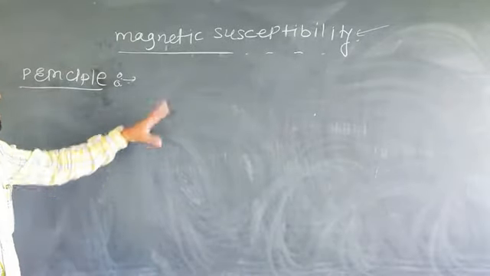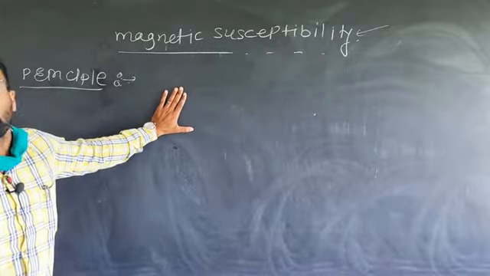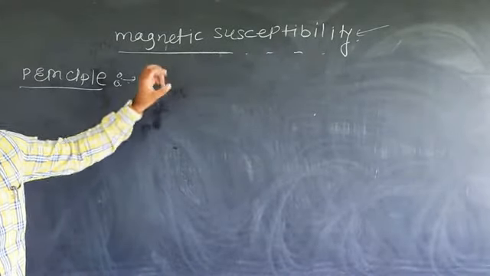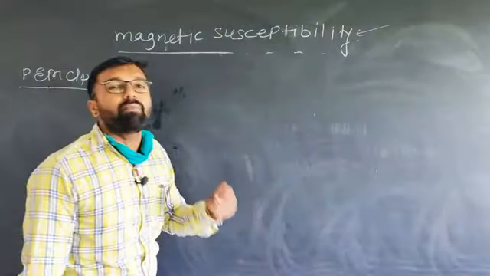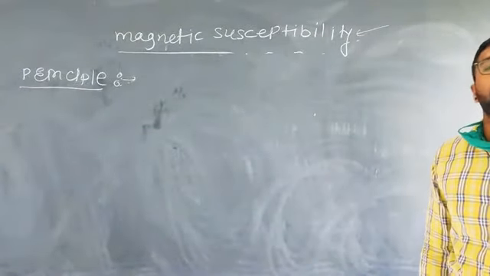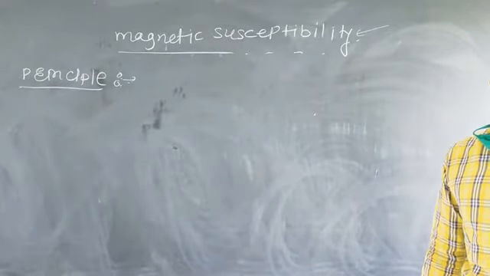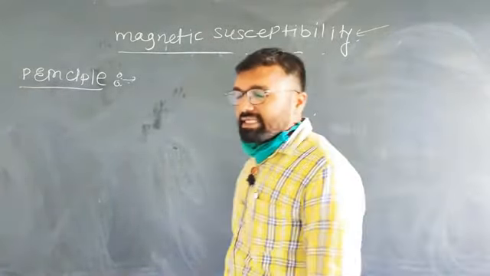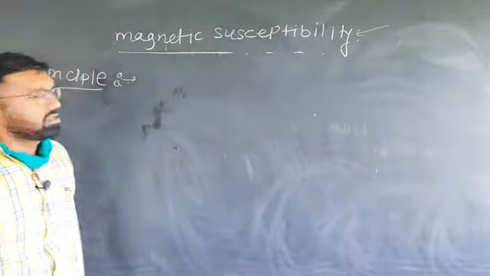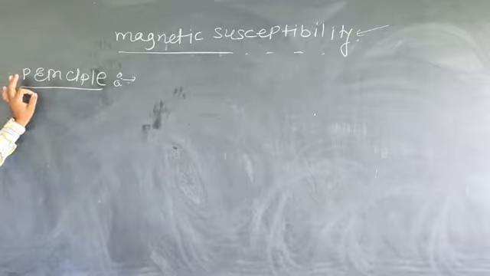be magnetized is studied, or the change in weight felt by the substance when it is placed in the external magnetic field. You can also say when it is placed between the two poles of a magnet, which generates the magnetic field. This is the simple principle of this magnetic susceptibility instrument.